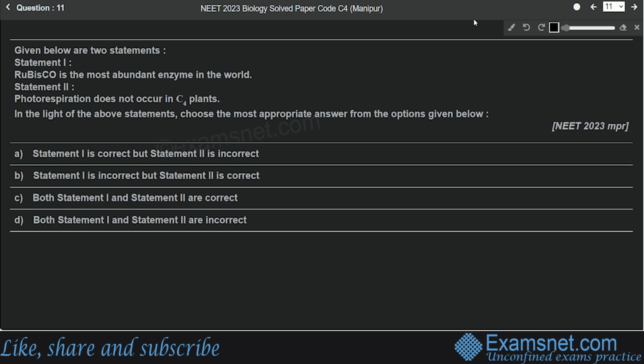Question number 11 is from the chapter Photosynthesis in Higher Plants. Here two statements are given and we have to identify the correct statements. Okay, first statement says Rubisco is the most abundant enzyme in the world. So yes, this is a correct statement. Rubisco enzyme means ribulose